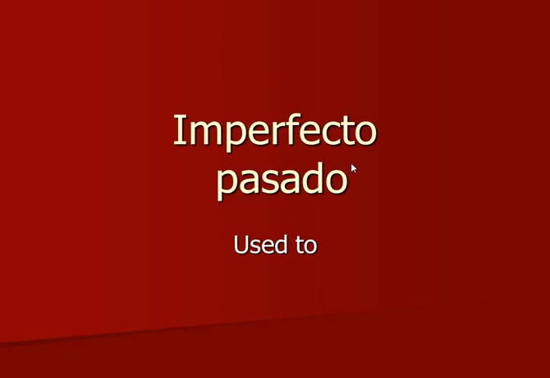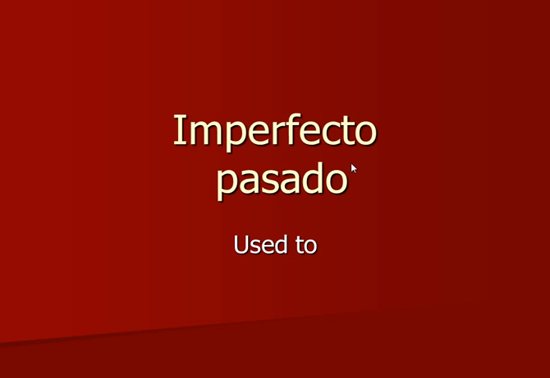El imperfecto is one of the past tenses in Spanish. The imperfecto is used to talk about things we used to do in the past, such as I used to go to my grandma's house every weekend. The "used to" means either 1, I don't do it now, but I used to do it in the past,